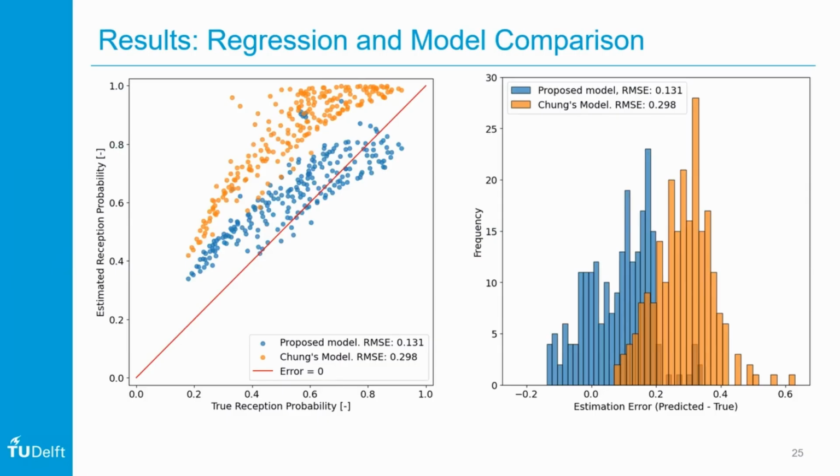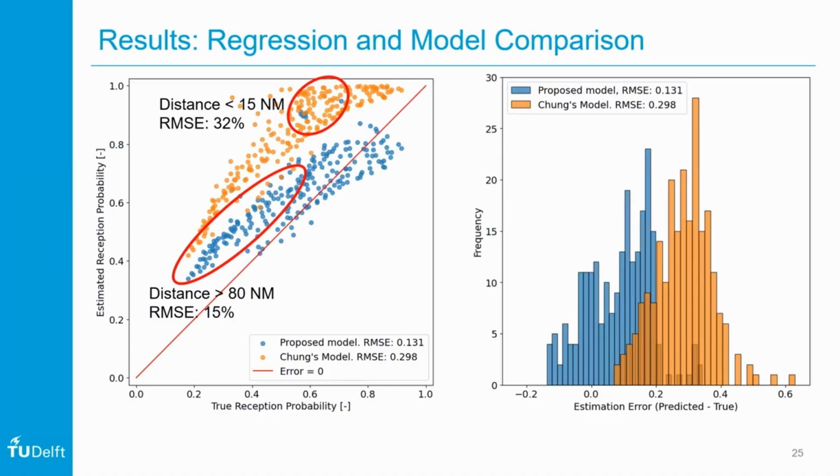And here is the regression result. The orange one is the existing model, and the blue one is our proposed model here. And we have the comparison between the true reception probability and the estimated one from the regression. What's interesting here is there is some constant offset in this direction, and we found that when the distance is more than 80 nautical miles, we have a higher RMSE than the average. And also here, when the distance is less than 50 nautical miles, this is like an outlier in the estimation,